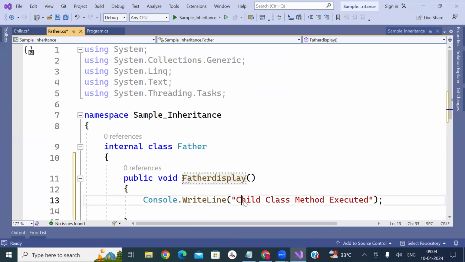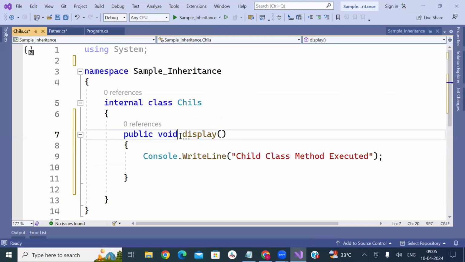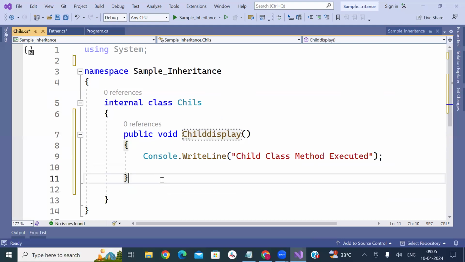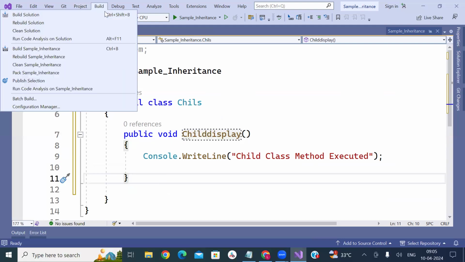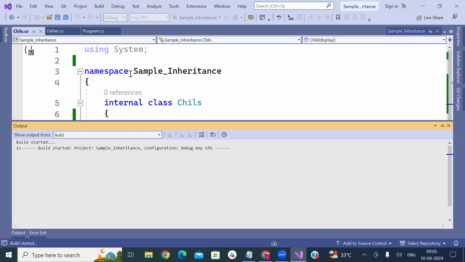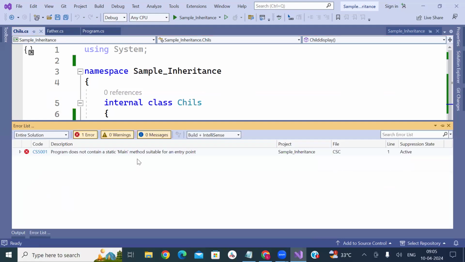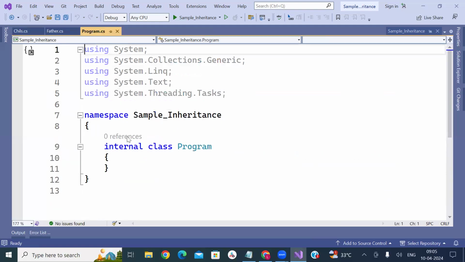Here you can have father display, here you can have child display. So how many methods do we have? Two classes have two methods. Now the program class does not have a main method.